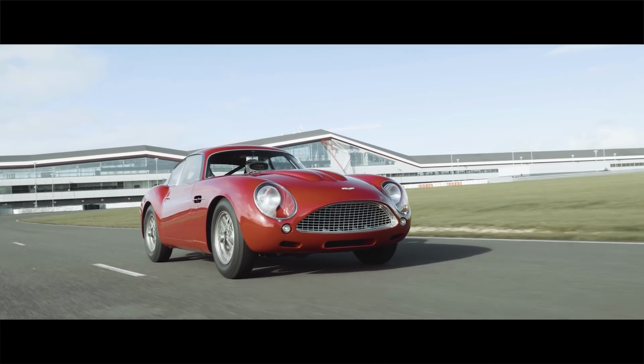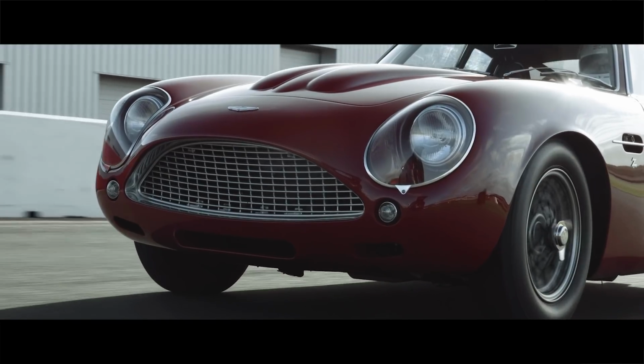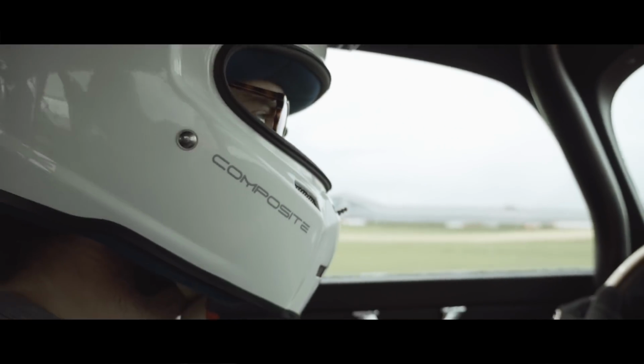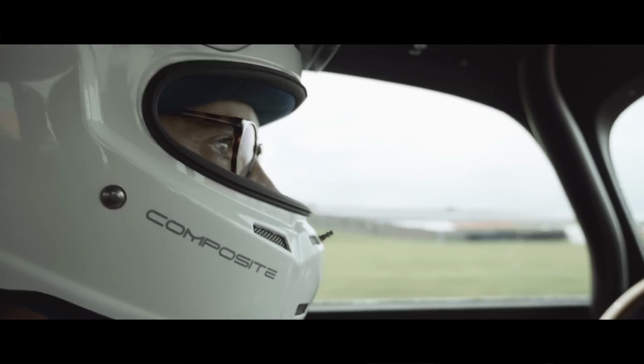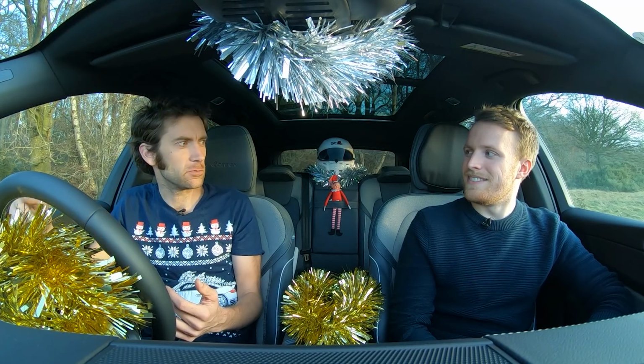It was really, as much as I tend to forget the price and you just chuck something around, at that point it was all getting a bit serious, but actually quite fun as well. So there we go. The other film is the Light Car Company Rocket, which you thought would do about 2,000